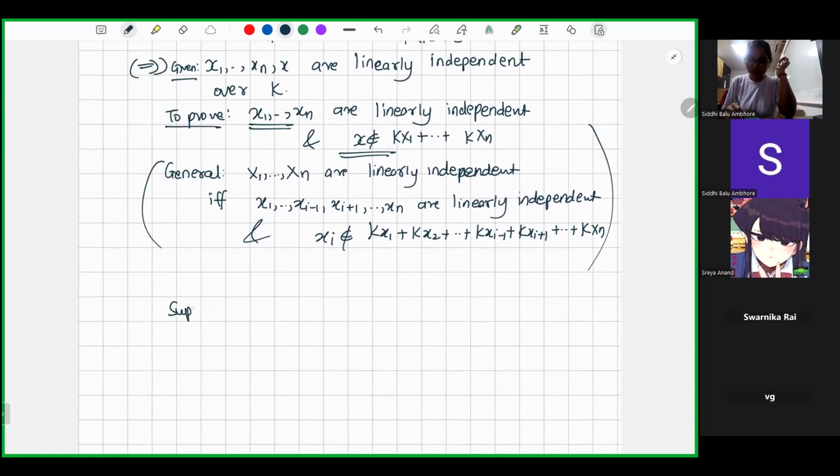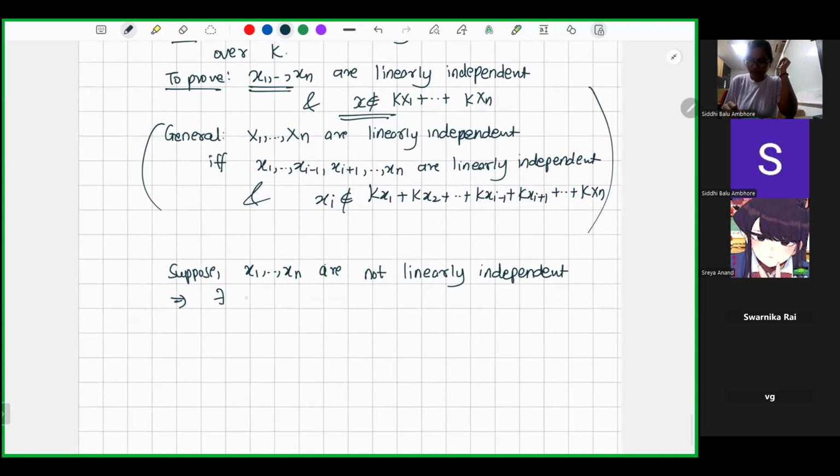So suppose x1 to xn are not linearly independent. This implies there exist a1 to an in K with at least one ai non-zero such that